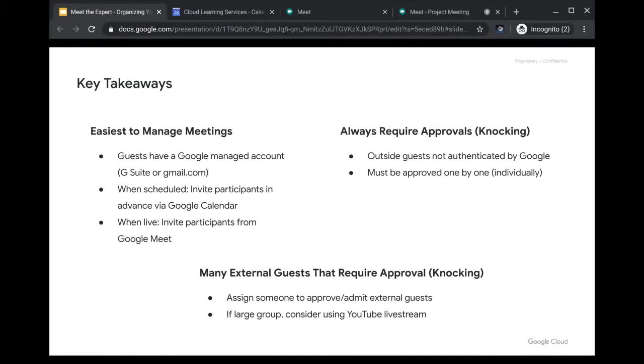And also consider if it's a very large group, maybe the live meeting is not the best format using Google Meet. Maybe you can consider like what we're doing here. We're doing a YouTube live streaming event where all you're doing with that many people is really a transfer of information. So do you really need that interaction with all the individuals? So think about those key takeaways when you're organizing your meetings,